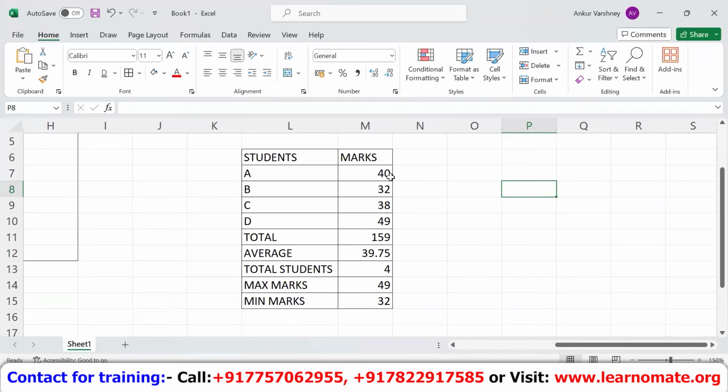What are the tools we will be using for the analysis purpose? Power BI, Excel, and what else? Tableau. We are using Jupyter for Python. Okay. SQL, for SQL you are using MySQL. Yes, these 4 things.